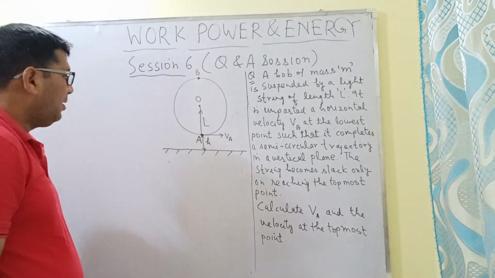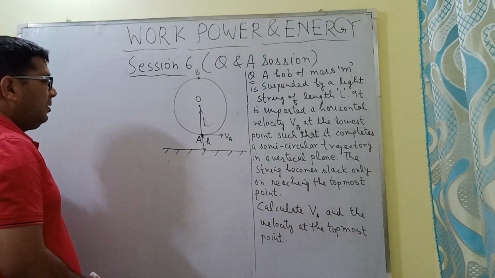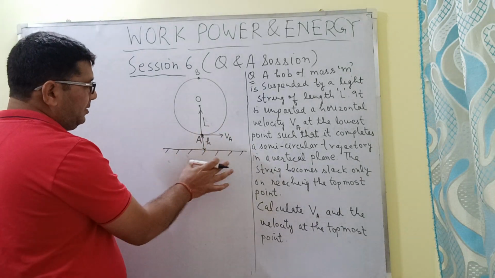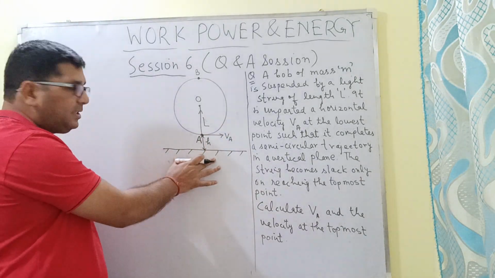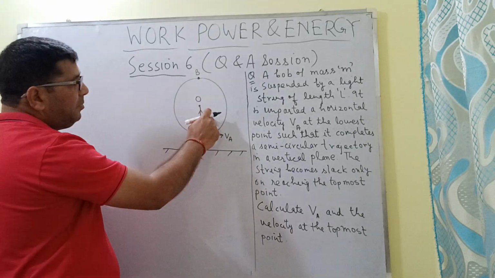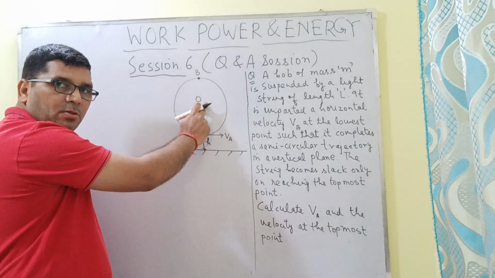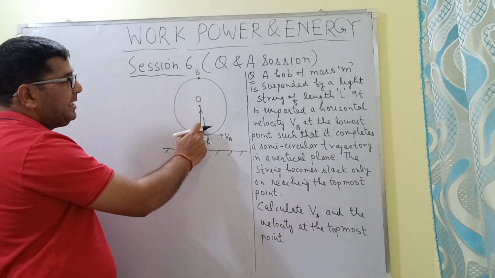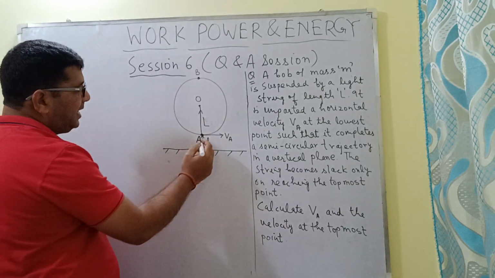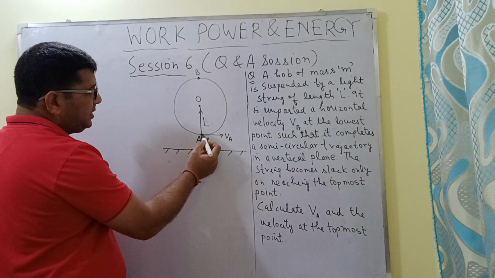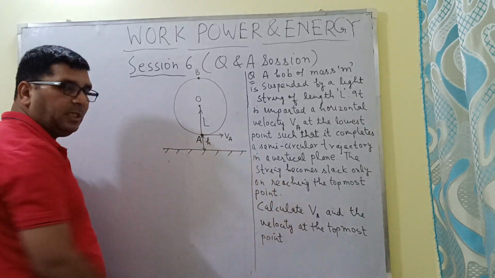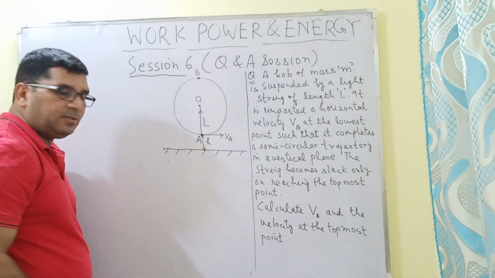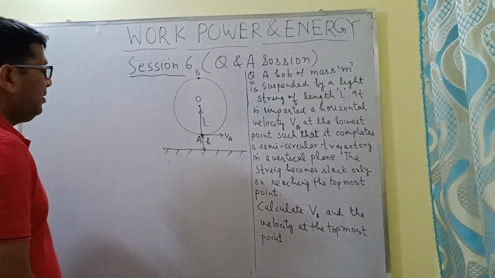So this is the first thing which I have considered, that this bob is hung at this point O with the help of this light string of length L, such that the height of this bob above the surface or the ground is h. Now